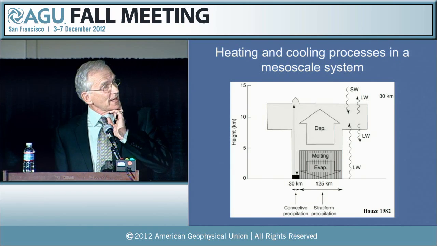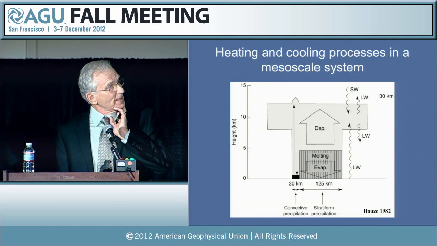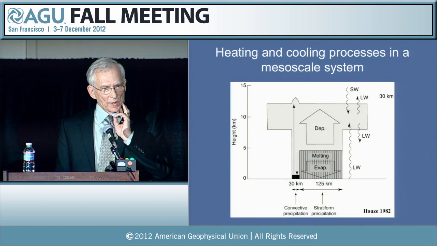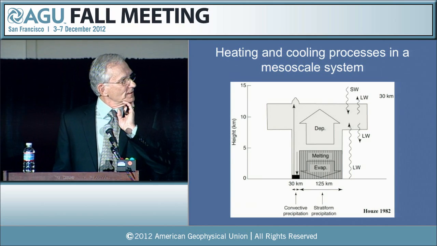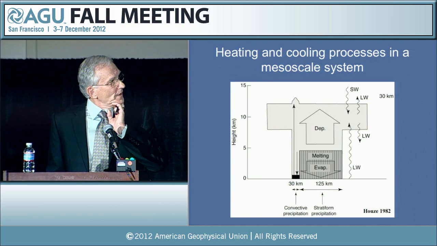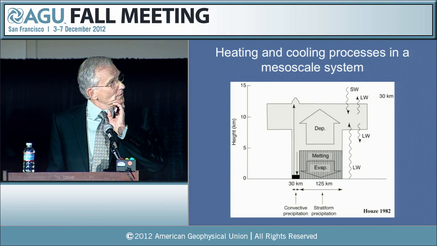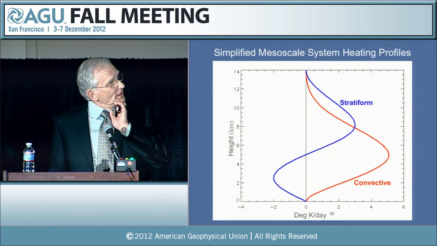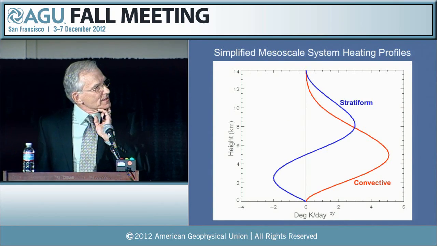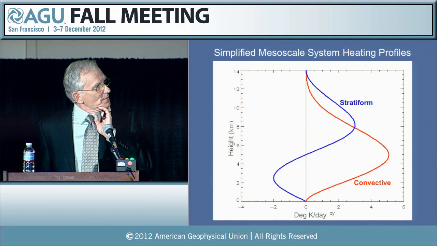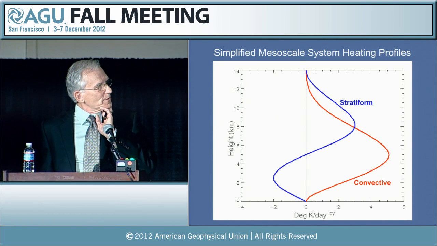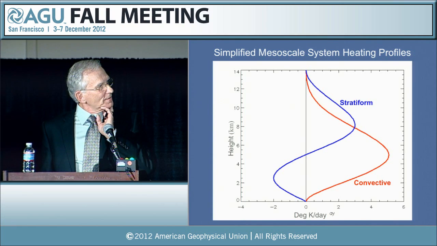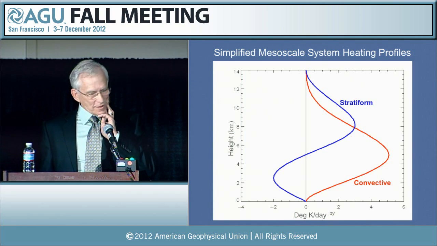These systems, with their big thick anvil clouds, also have radiative implications that Peter and Graham Stephens and others wrote about many years ago, and are still important to think about. But I'm going to move ahead here and look at how that all summarizes. The convective region has a heating profile that has a maximum somewhere in the mid-troposphere and heating at all levels, net heating. The stratiform region, though, has this